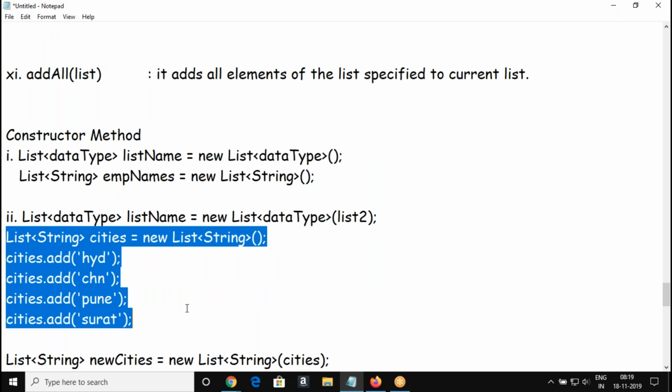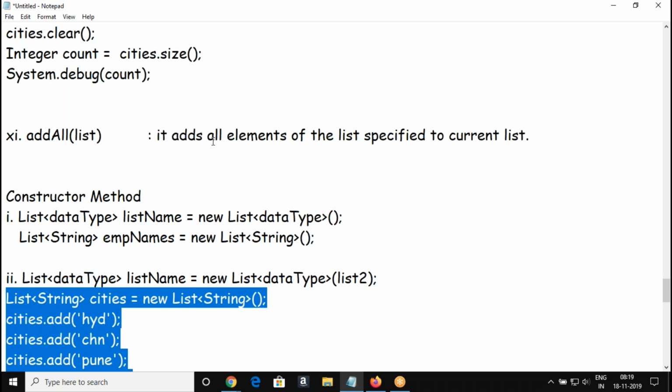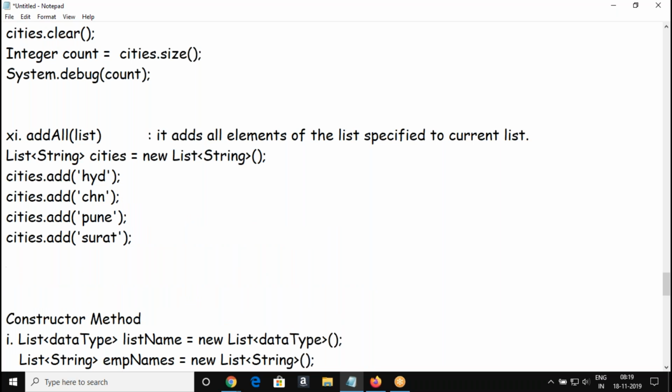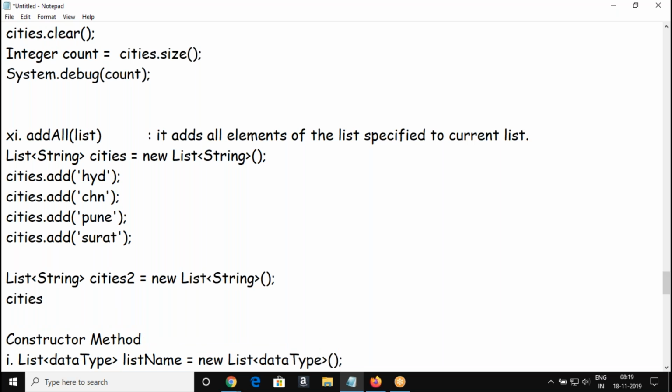Suppose this is my list, and I have another list here, like this.